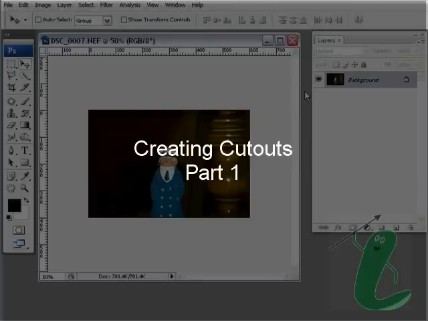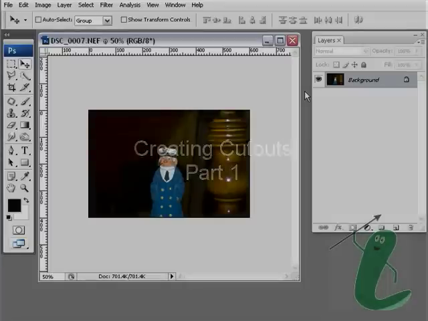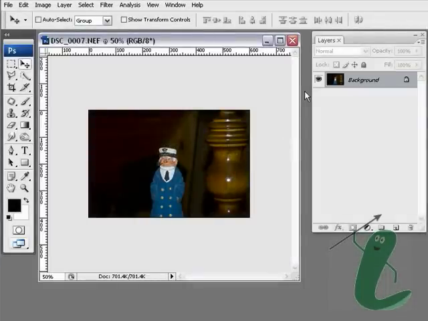So one of the most popular things you see in Photoshop these days are photo compositions. It's the thing that we think of when we hear the term photoshopping, where people basically cut stuff out of a photograph or out of multiple photographs and they put things together to make a new photo. And the popularity of this kind of thing leads to a lot of questions about how you make accurate cutouts